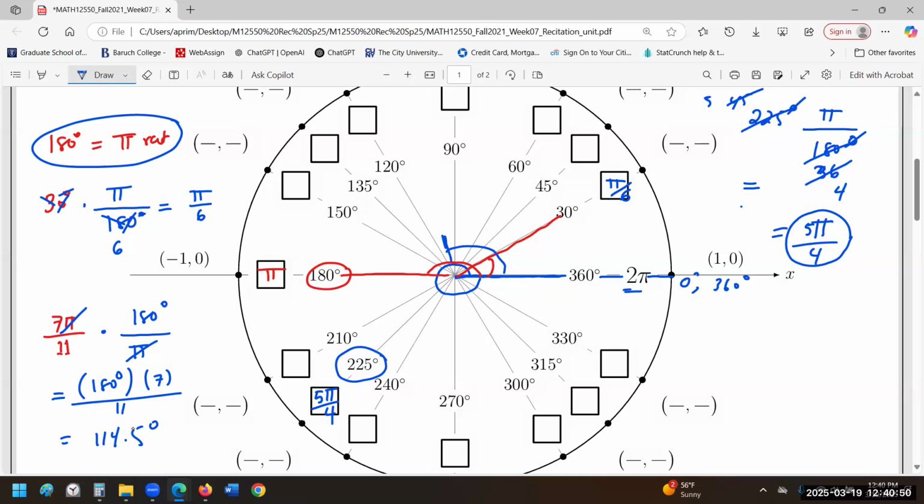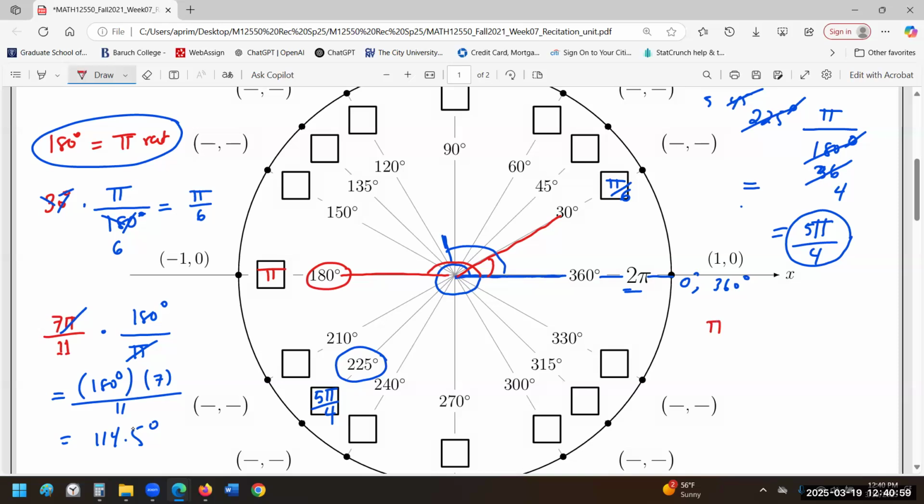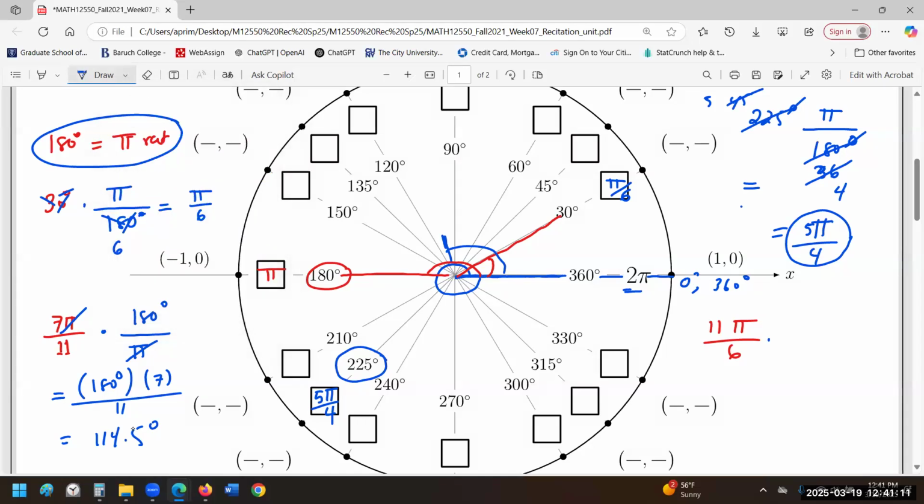Let's do one more the other way around. Let's say this time they give you radians. Let me pick 11 pi over 6. Now, in order to convert 11 pi over 6 into degrees, because we have no idea where this is located in the unit circle,